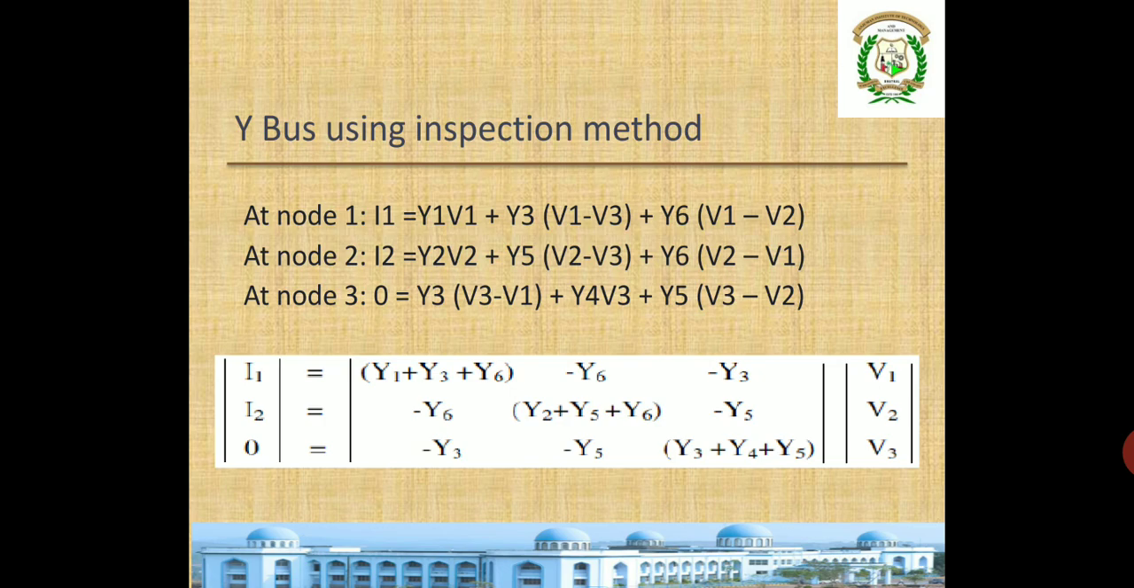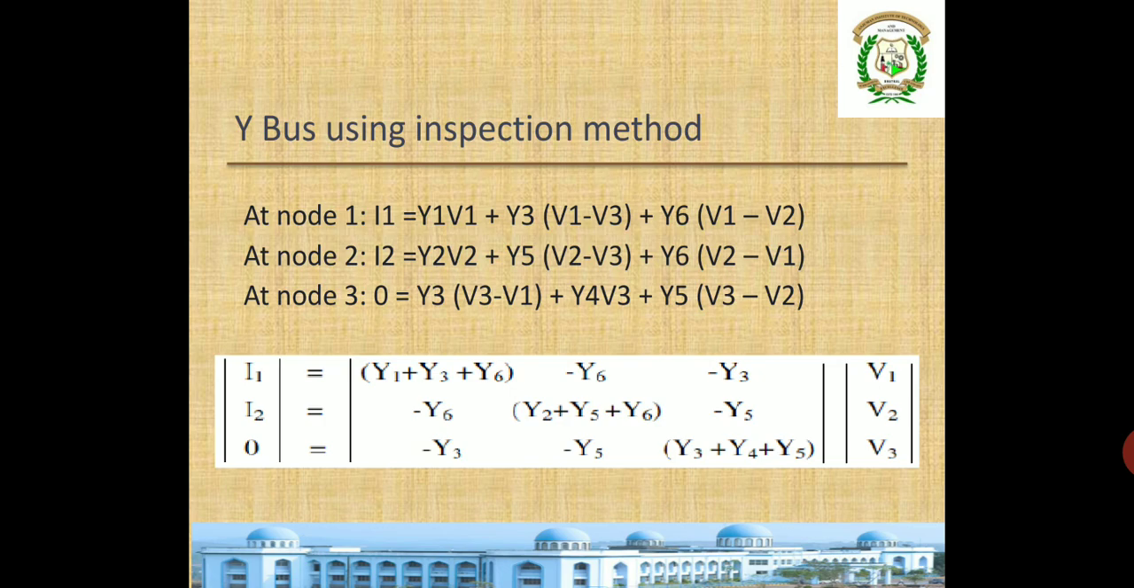Here, by seeing this matrix, you can tell that it is a symmetrical matrix. See, here element 1 2 is same as 2 1, 1 3 is same as element 3 1, 2 3 is same as 3 2. Symmetrical matrix. And one more thing, see here, y11, y22, y33 are nothing but the sum of the admittances connected to